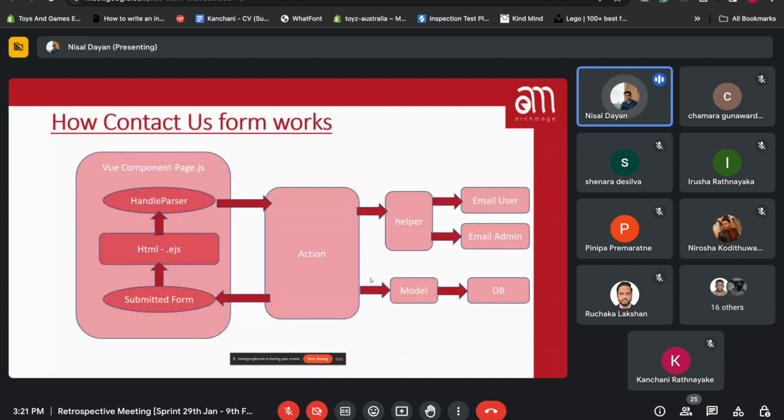Okay, so this is how the contact us form works. We write the contact us form code in HTML. HTML is controlled by the Vue component, and there are two main methods, handleParsingForm and submittedForm. HandleParsingForm is responsible for parsing and validating form data before submission. So if all the mandatory fields are filled, it will send data to the action. This action creates a new record in the database